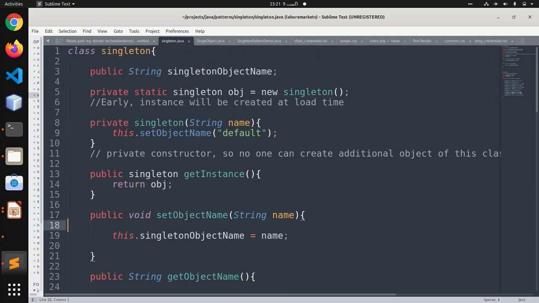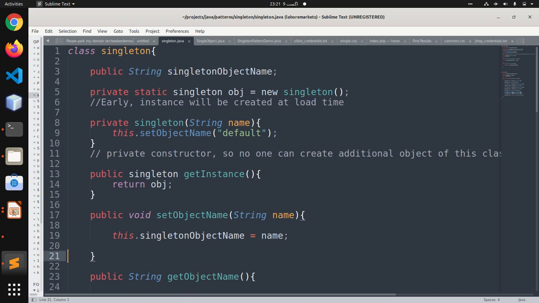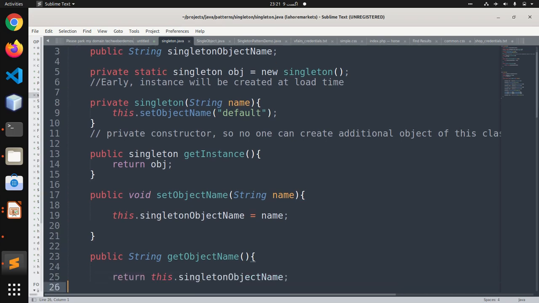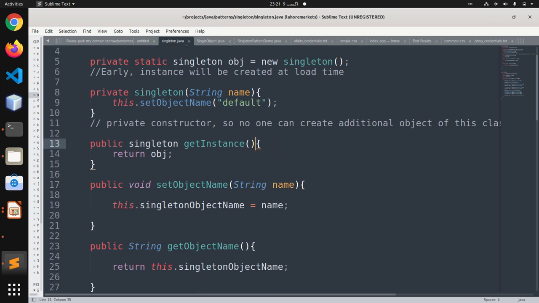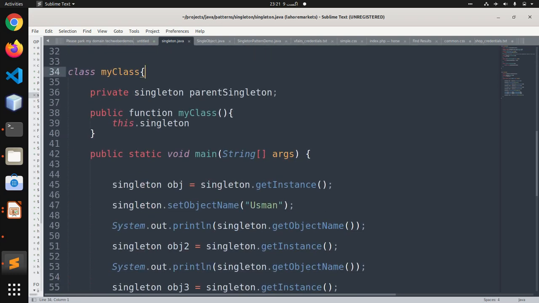So what these functions are simply doing is changing the name of the class. The setter function is updating the name of the Singleton object, and get object name is returning the name of the object as a string. So this is our Singleton class, and here is the get instance function which is returning the current object of the Singleton class. And now we have our my class, in which we have defined a private Singleton parent Singleton